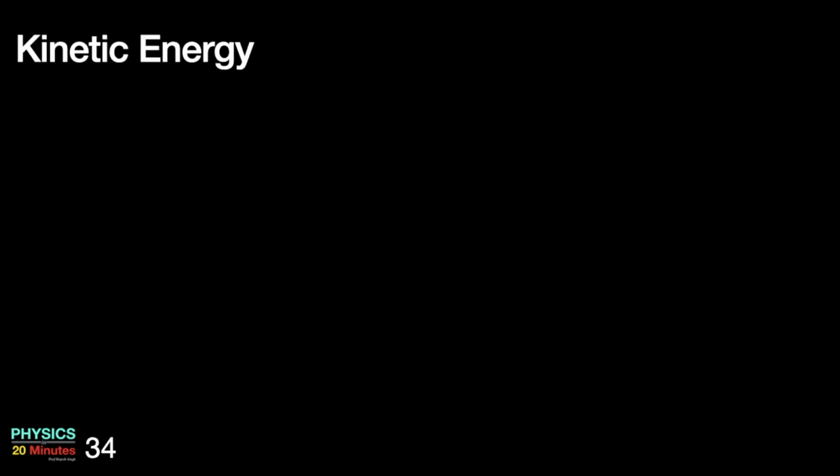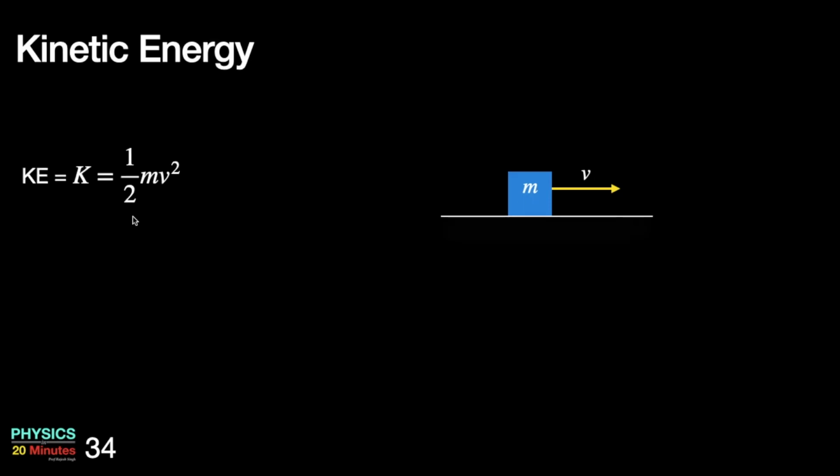Going ahead, we now define kinetic energy. I have a body or a block of mass m and it is moving with the speed v. Remember, in case of kinetic energy, we are dealing with the speed of a body and we are not dealing with the direction of the motion or velocity vector. Then in that case, kinetic energy K is half mv square. This equation can be taken as the definition of kinetic energy.